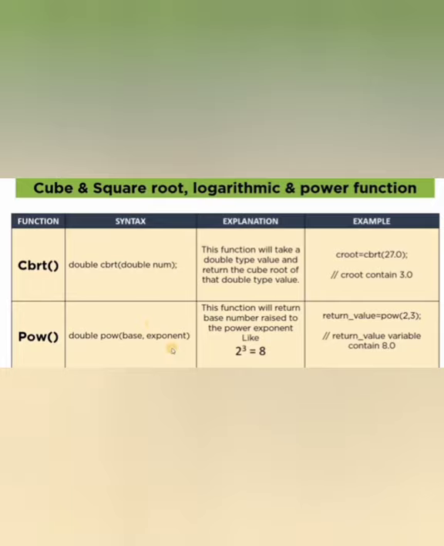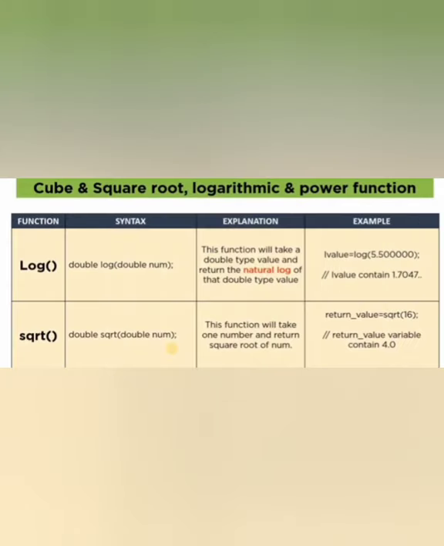Next one is square root and log. Log means it will return the natural logarithm of a double type value. Natural logarithm means, in mathematics you studied the logarithm table. I hope you studied already, otherwise you will study this year or next year. A fixed value for each number, that is a logarithmic number. For finding the logarithm, we use this log function, small letter log. It always returns the double data type.